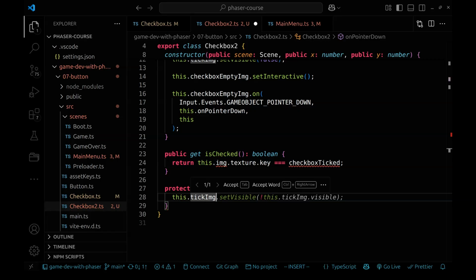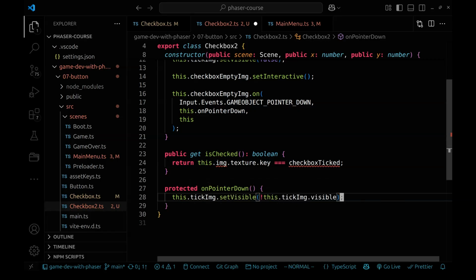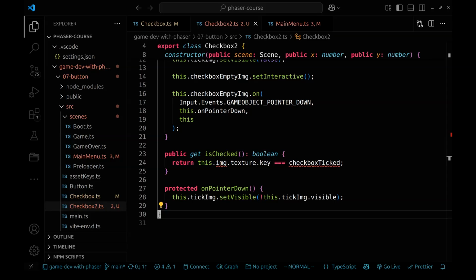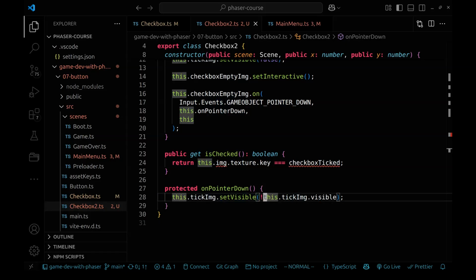But what I want to do is, as the completion is showing, flip the visibility, right? So the tick image, set its visibility to whatever its current visible value is, negated, right? And that should be the logic to flip our checked and unchecked